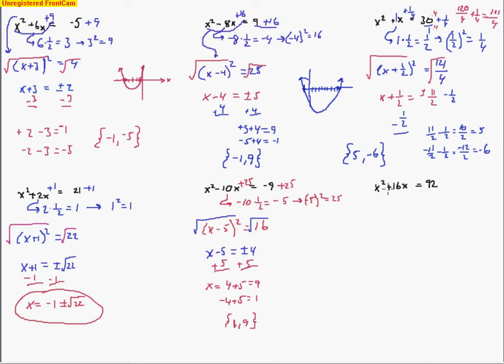And the last one here, again, the same sort of thing. You take the b term, and you're just going to take half of it. So half of 16 is 8. And so you're going to take that 8, and you're going to square it. That gives you 64. So 64 is the number that you end up having to add to both sides of